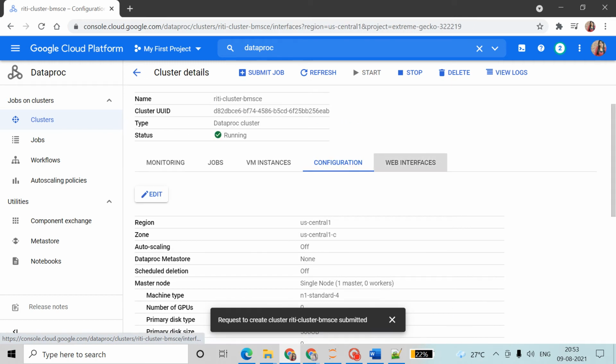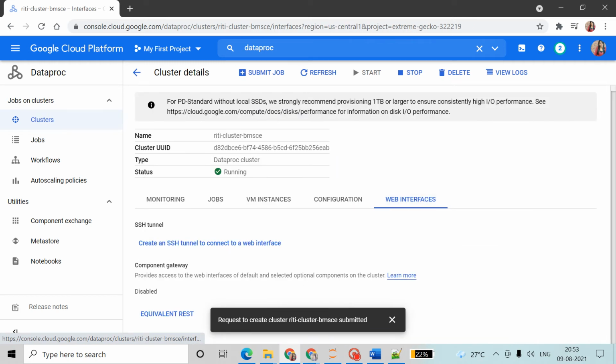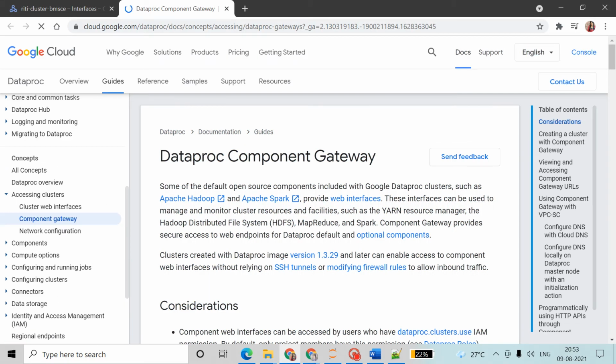Now we'll see web interfaces. What is a web interface? Create an SSH tunnel, or use Component Gateway, which provides access to the web interfaces of the default and selected optional components of the cluster. Learn more. Okay, just see what this is. This is the Dataproc Component Gateway.